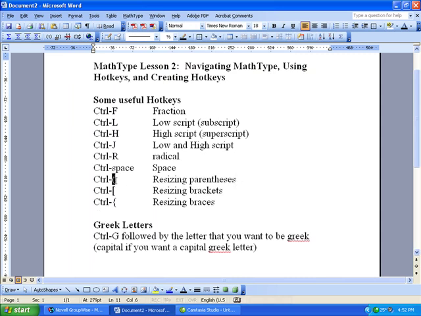And let's change this one here, Control 9 for the parentheses, since that's what's right below